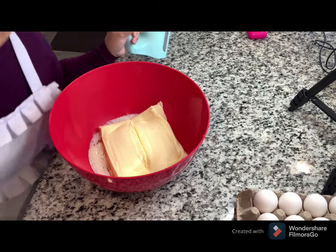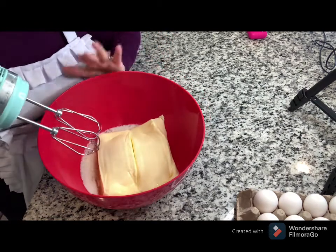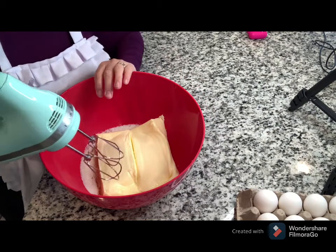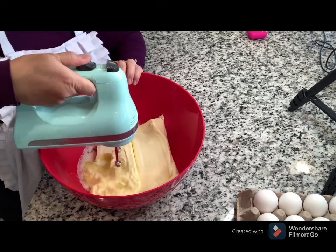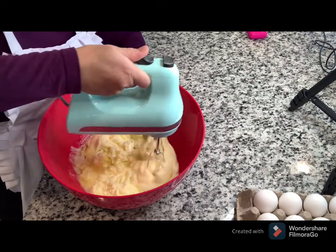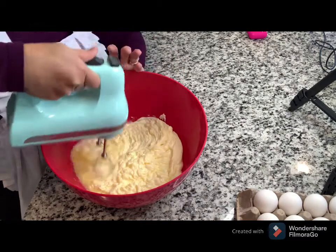Okay, so let's start. I'm gonna focus on the food right now. So this is 4 cups of butter because I'm going to make 4 recipes. So 4 cups of butter. You're gonna mix it a little bit, and then